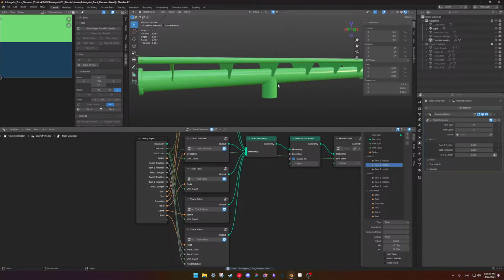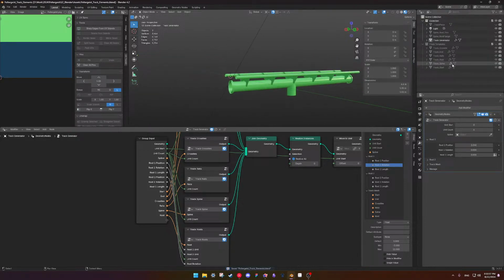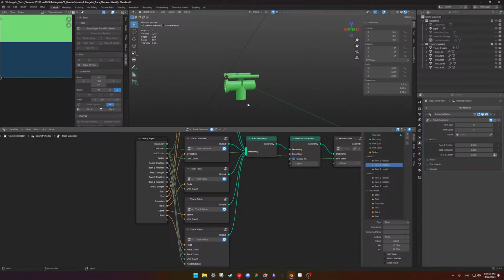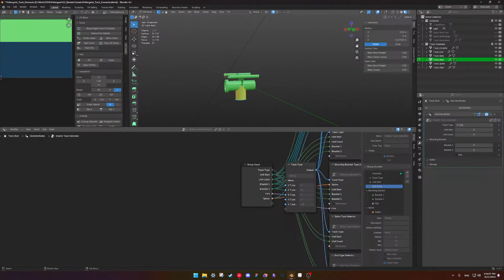Okay, so what I need to do is move the, here.